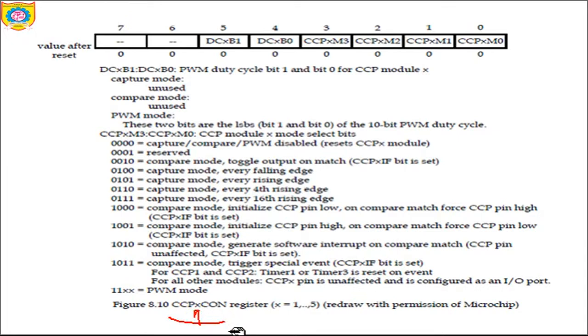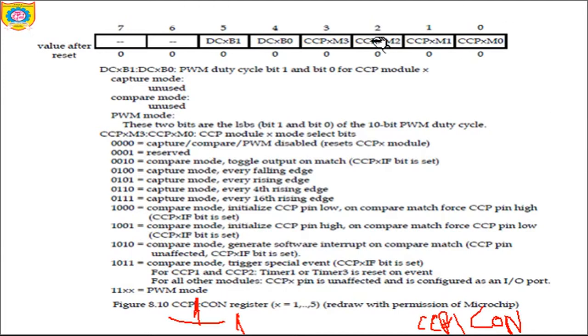As I already told, the number of CCP modules may vary from 0 to 5, but the 18F458 has only one CCP module, so we will be replacing this X by 1. So you may just call it CCP1CON.